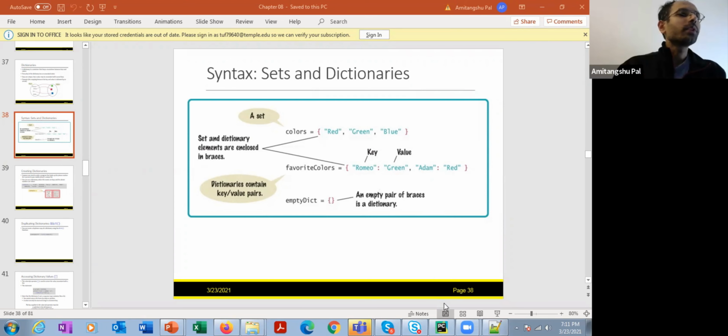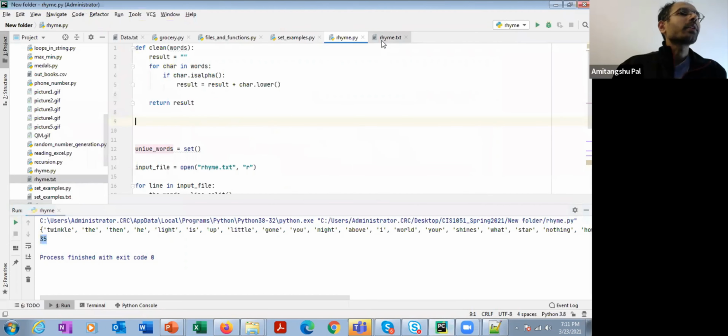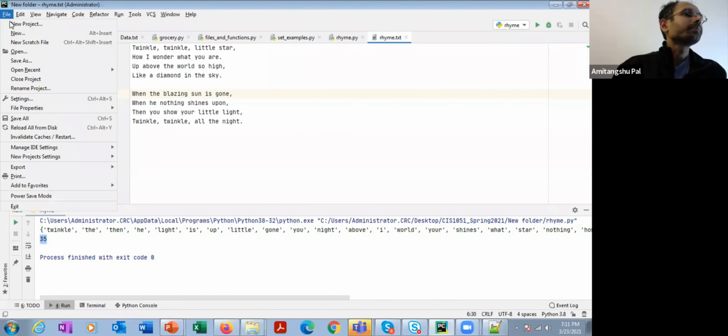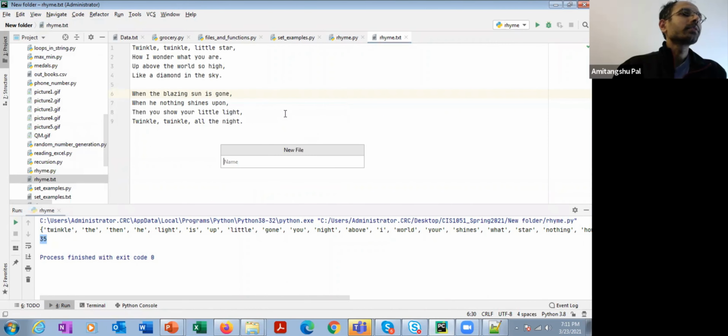So let's go to the program and let's solve some problems. So, dictionary examples.